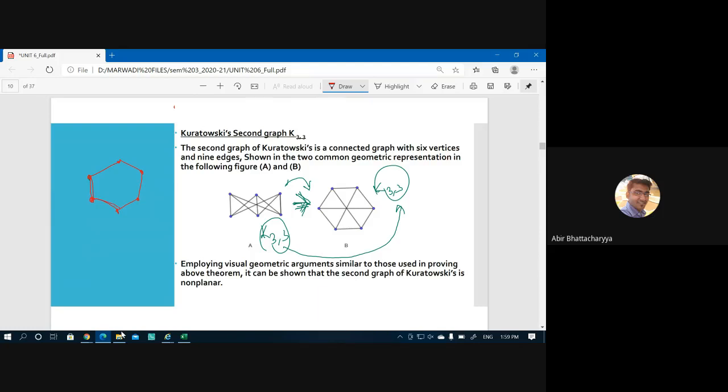Now we will try to join the inside ones. First I can join these two. After joining these two, there are two possibilities. Either you can join from inside, but I cannot join from inside because there will be an edge crossover, so I have to join outside. These two I have to join from outside. Now these two are left. Either you can join from inside or outside. No matter where you try to join, there will always be an edge intersection. So this is the last edge intersection, and that picture you have to draw. That's why K33 is a non-planar graph. You can prove K33 and K5 are non-planar in this manner.